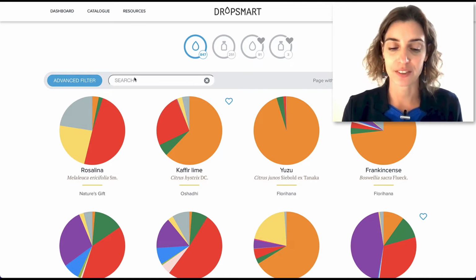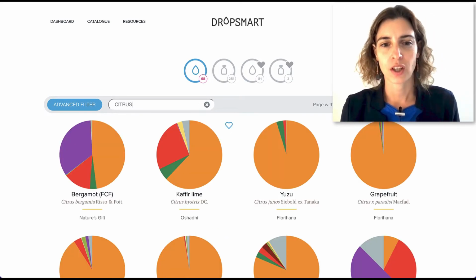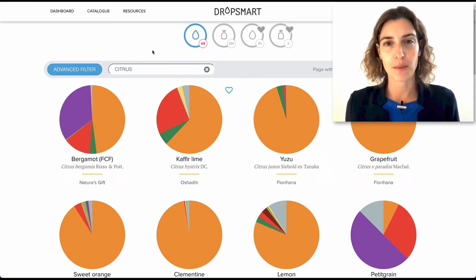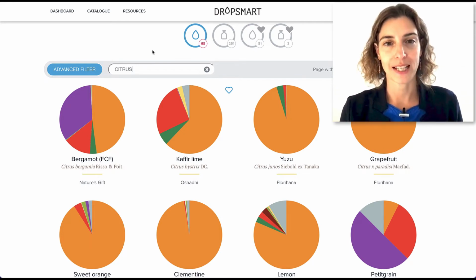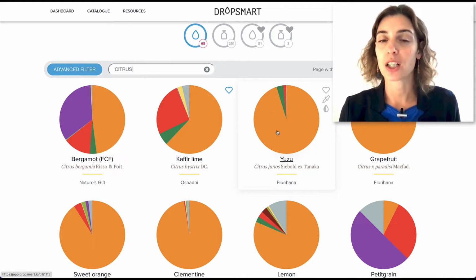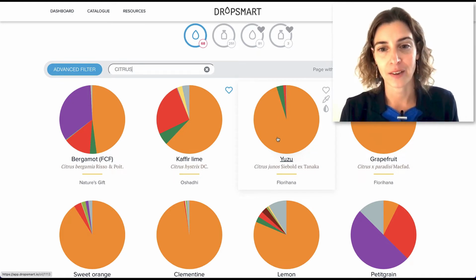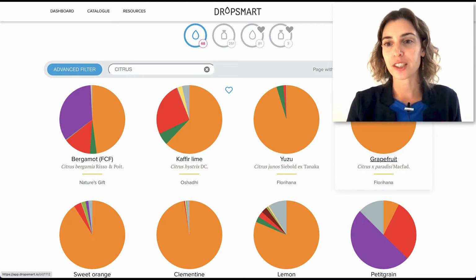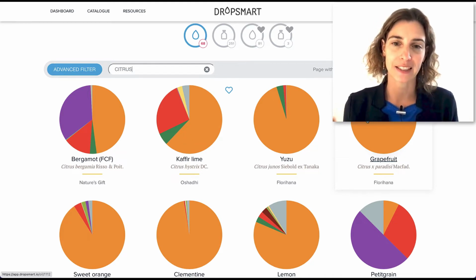So let's write citrus here just so that we can clear out the clutter. So these are oils that come from a citrus. And as you see, not all of them are top notes. And when I'm saying top notes, we're looking at monoterpenes. So these are the smallest molecules that we find in essential oils, and they are orange in DropSmart. So as soon as you see an oil like yuzu or grapefruit or lemon, it has the majority of its pie chart in orange, it's a top note. That is what it is,